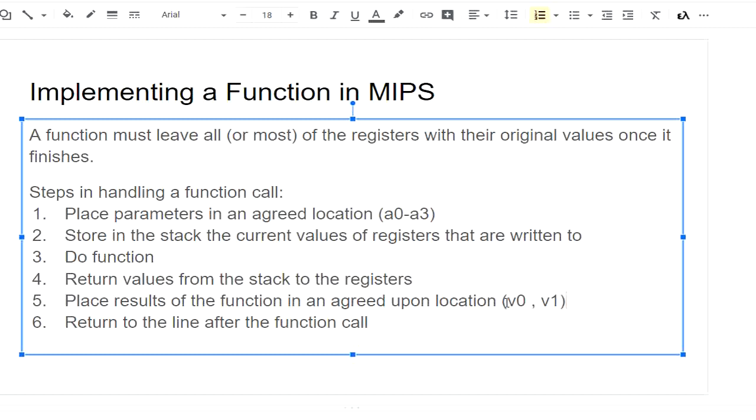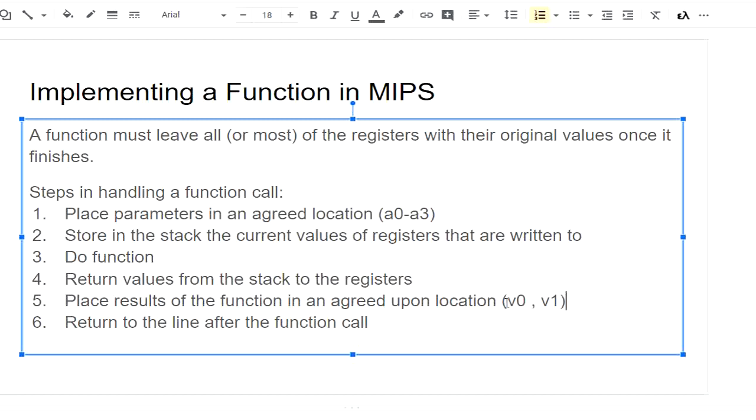Only use V0. So all the functions should be putting their return values in V0. V stands for value. That's the value the function returns. So those are special registers for special purposes. Now, of course, theoretically, you could use any register, but we want all functions to work the same way. So we know after we call the function, we always will know to look in V0 to find the